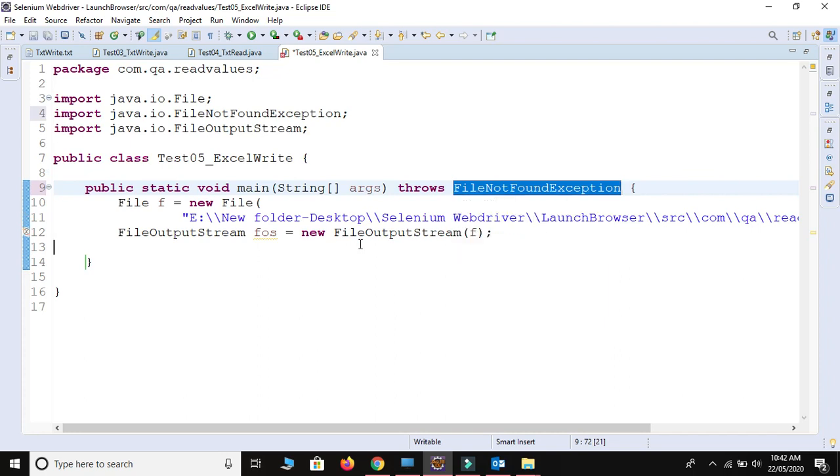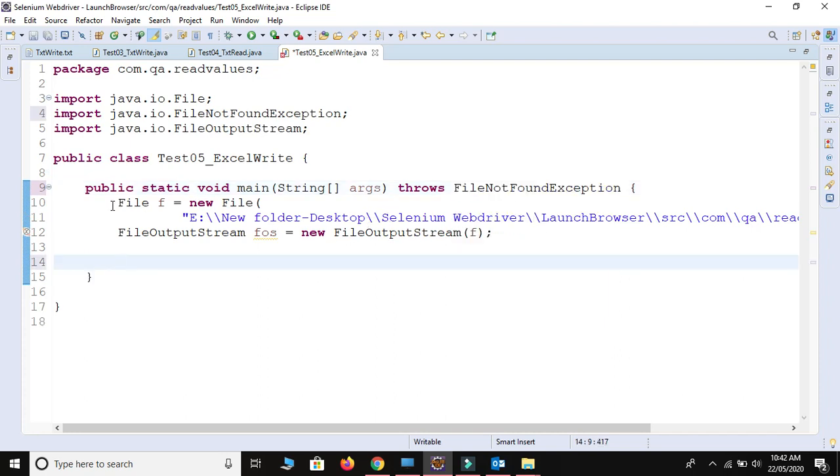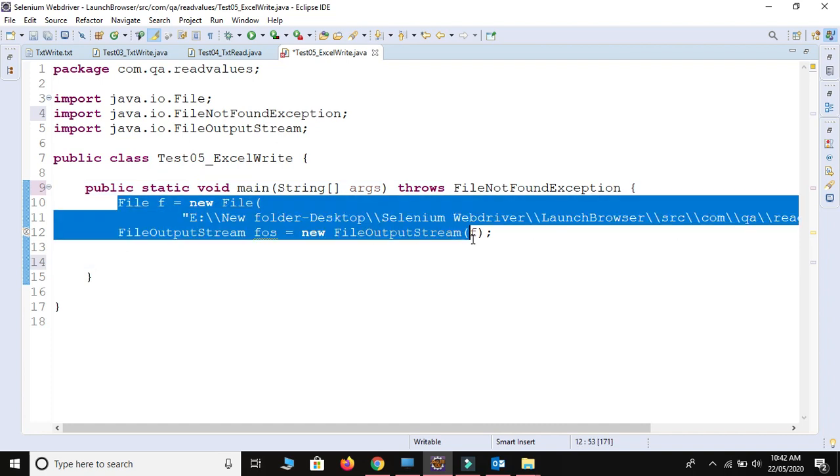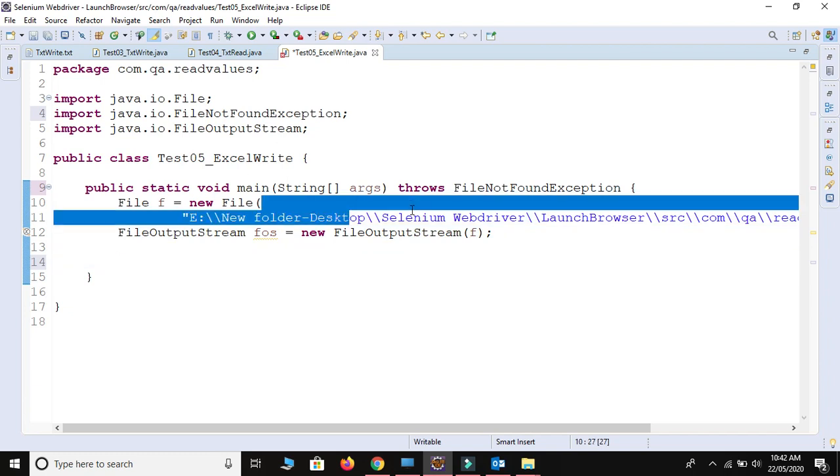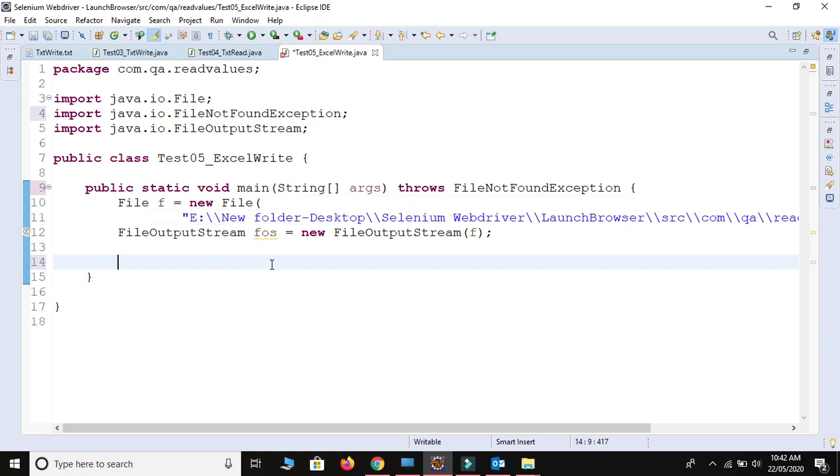Okay, so now we have written the code for the two lines for the file output stream and file. Now we have the file. File means book, but inside the book we need to create some different sheets: sheet 1, sheet 2, sheet 3, based on our requirement.